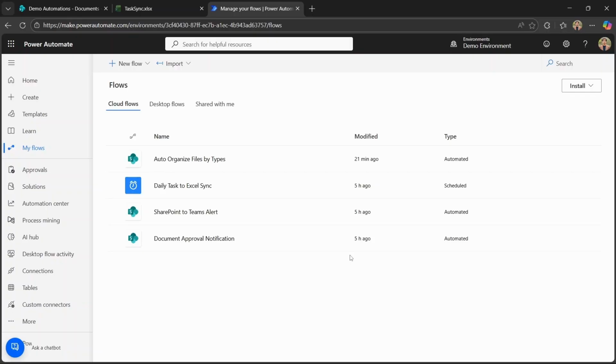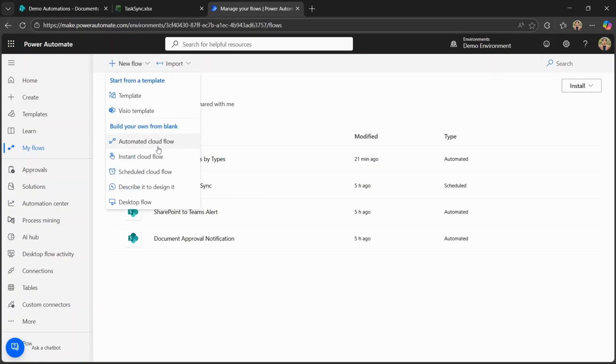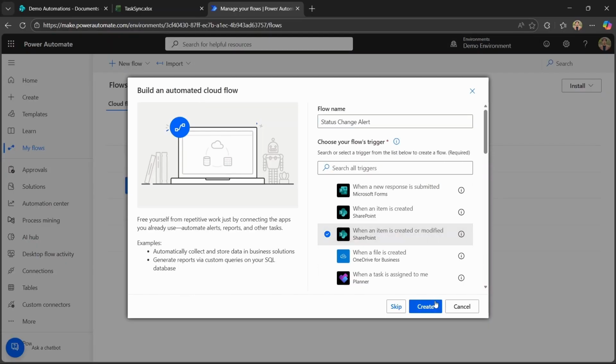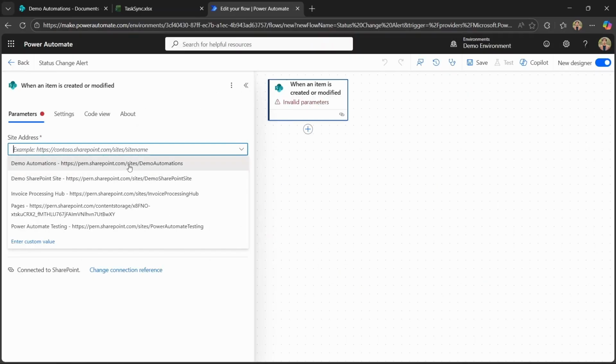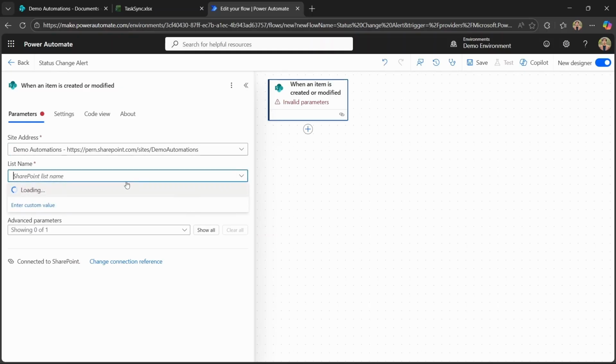Now we need to move towards our final fifth automation of this video. Status change alert. Whenever anything in the SharePoint list changes or any task changes, we will get an email notification. Let's proceed with another cloud flow. When an item is created or modified, so this is our trigger. We need to select the site as well as